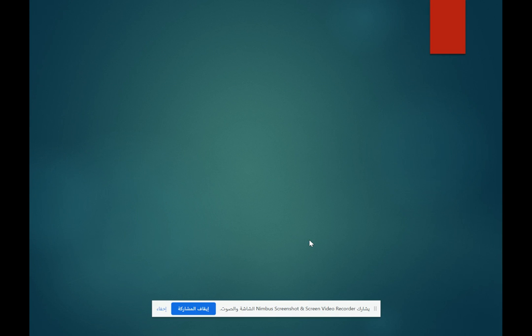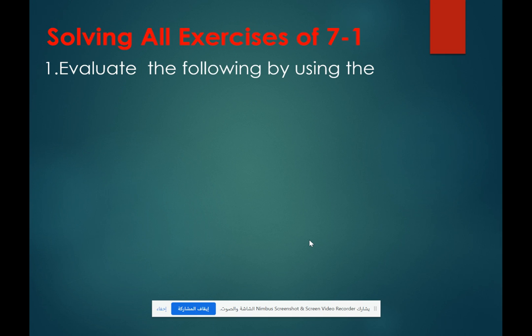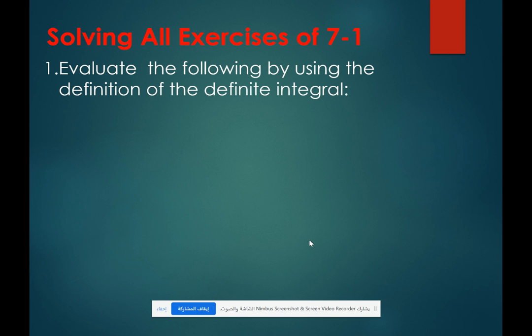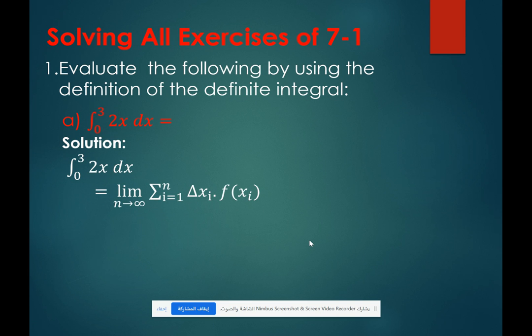The first question is saying evaluate the following by using the definition of the definite integral. Let's have the first, a, from 0 to 3 of 2x dx. To solve that and evaluate it, you are going to use the following definition, which equals the limit